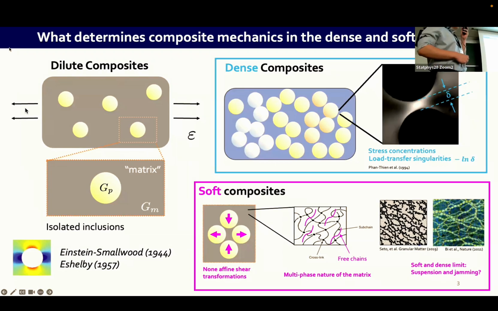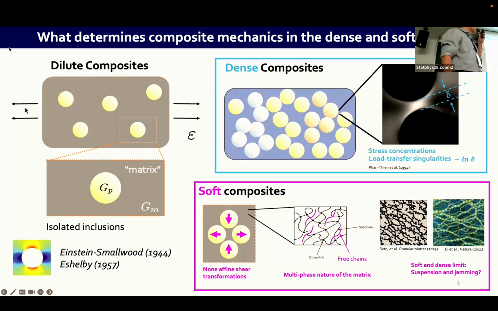Furthermore, if the matrix is soft enough, we should also consider the non-affine shear transformations and the multi-phase nature of the matrix. For example, a soft polymeric gel usually consists of a fairly dilute cross-linked polymer network with a lot of free chains that are basically viscous fluid. We speculate this might leave room for the formation of contact networks of the included particles, like those seen in granular materials. All these issues make it extremely challenging to model soft composite materials in the dense and soft limit. In our work, we hope to bring some insight through our experiments and a phenomenological model based